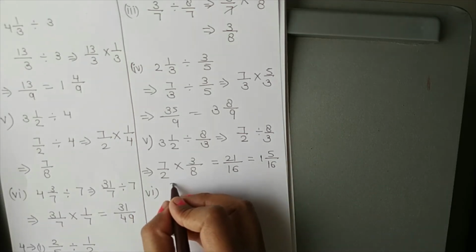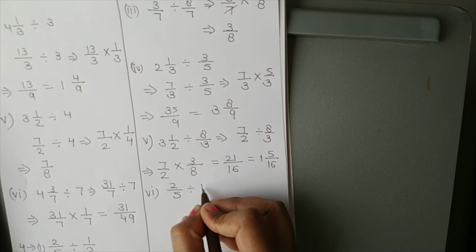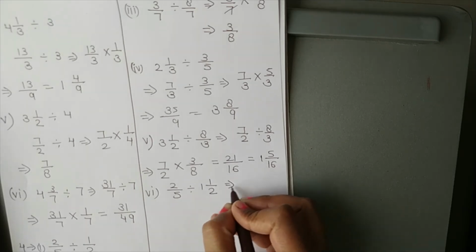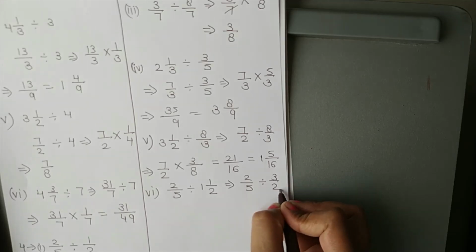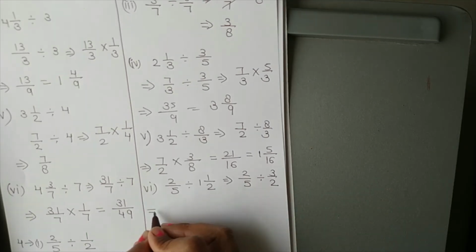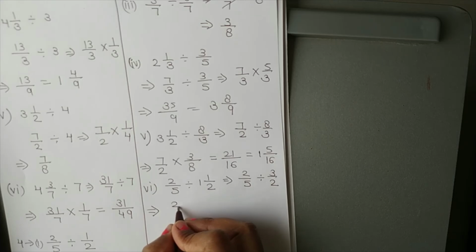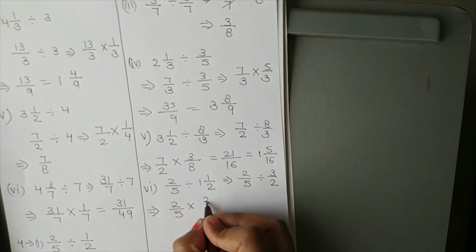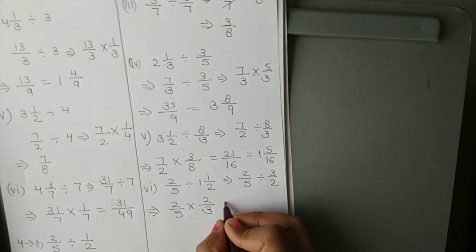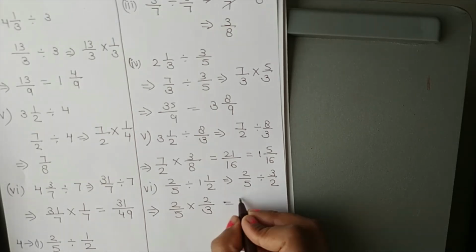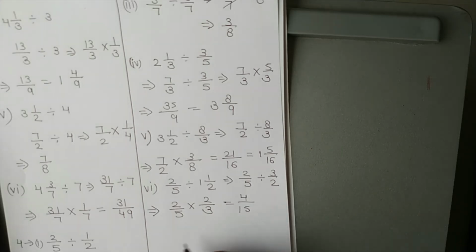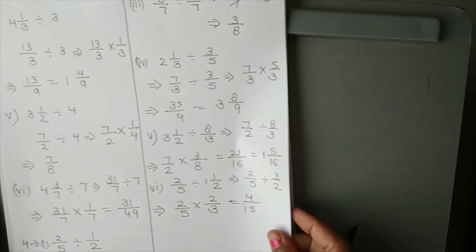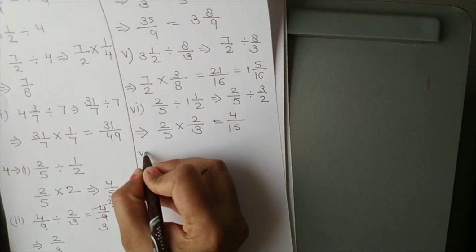Sixth one, 2 upon 5 divided by 1 1 by 2, that is 2 upon 5 divided by 3 upon 2. Okay, so it will be 2 upon 5 is multiplied by 2 upon 3. Okay, so it will be 2 2s are 4 over 5 3s are 15. Then next one, seventh question,